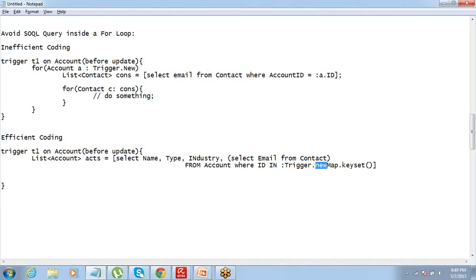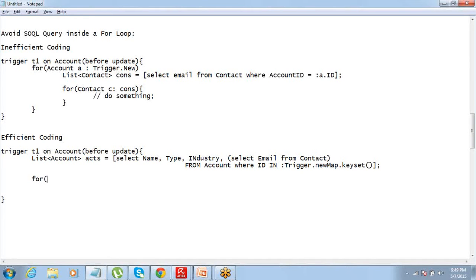Trigger.new returns a list of sObjects, and Trigger.newMap returns a map. So I'm just getting the set of IDs from there, where the ID is in this. One SOQL query retrieves all the results for me.